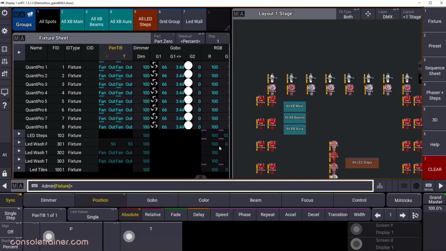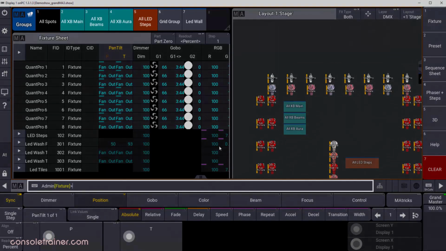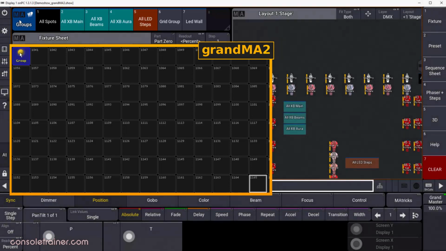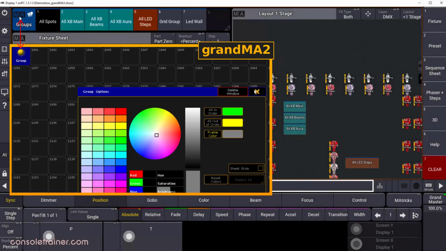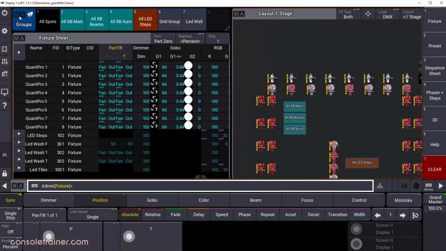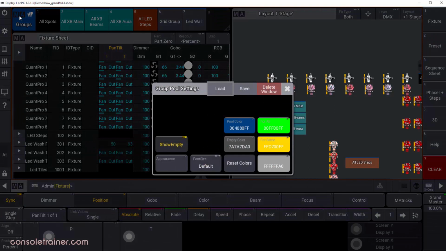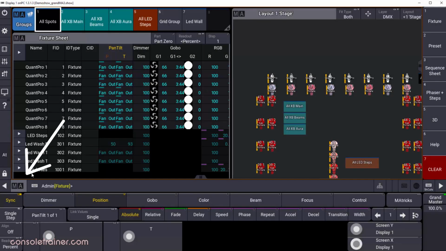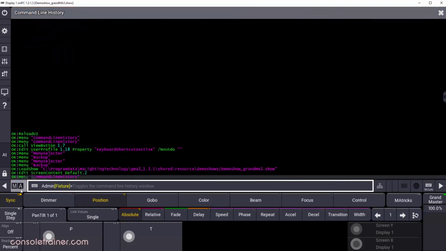Now you should see a few windows that were pre-built into a view in this show file. While we're here, take a look at this Groups pool. Just like the MA2, the first tile has the name, but instead of the yellow ball, it has an MA logo. It's the same thing. Hitting the MA in the title of any of your windows will give you the setting options for that window. There was also a little yellow ball that expanded our command line on the MA2, and that's here on our command line as well, but again, they've just replaced the yellow ball with the MA logo.